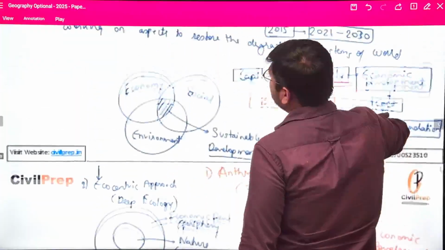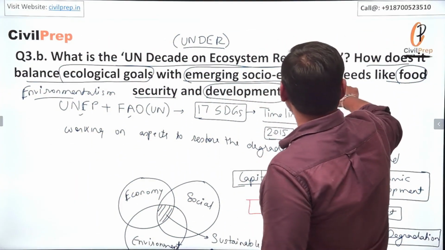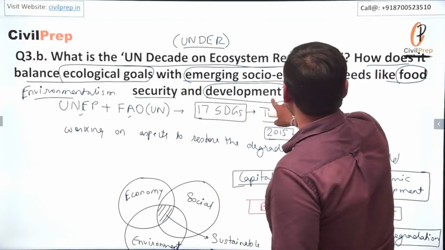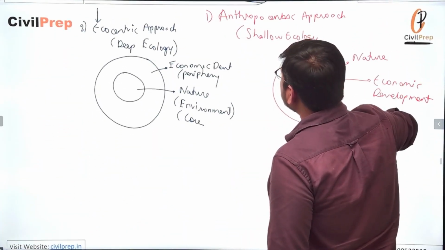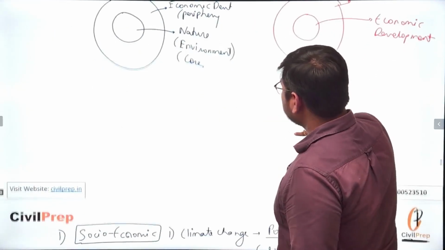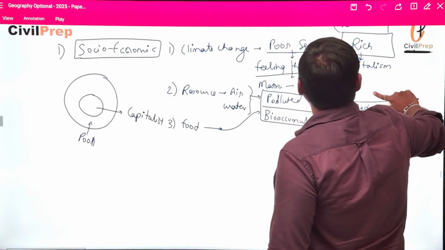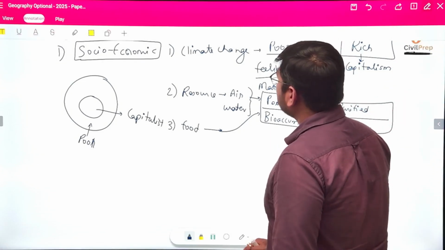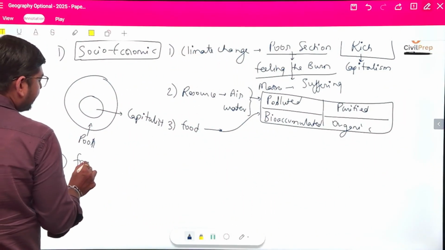Let's move back to the question again, and let's look at it from the emerging socio-economic needs like food security and development. Now, we have seen it from the perspective of these approaches, where the issues are coming with respect to the security aspect, with respect to food also. In the second part, when I look at food security,